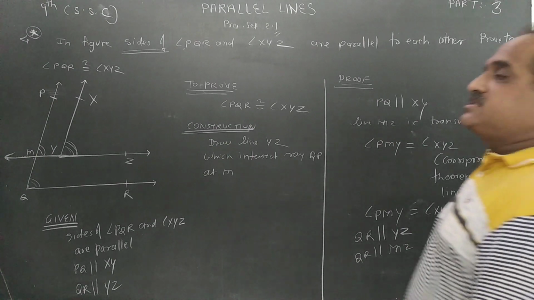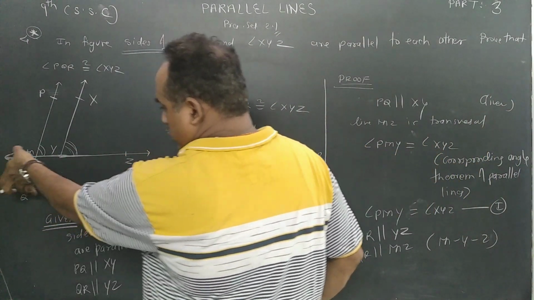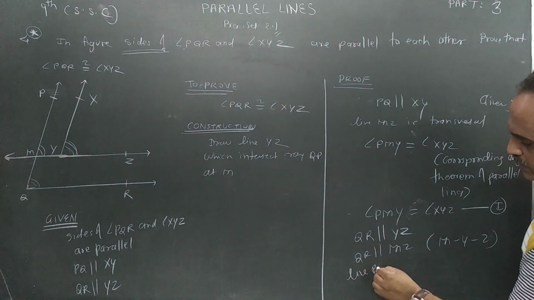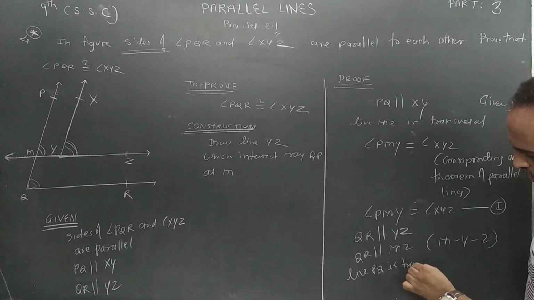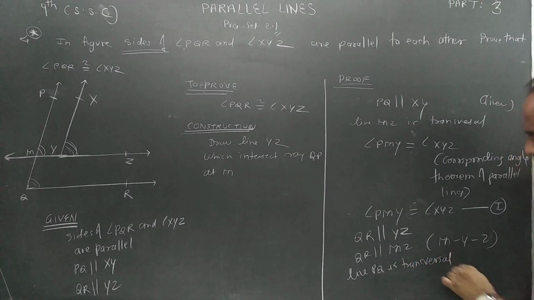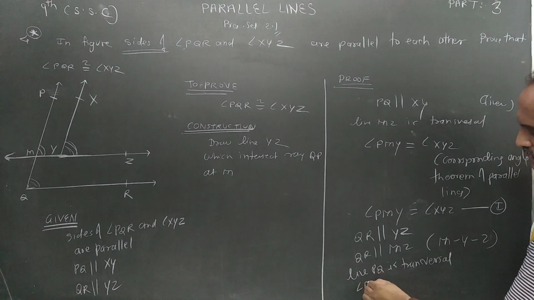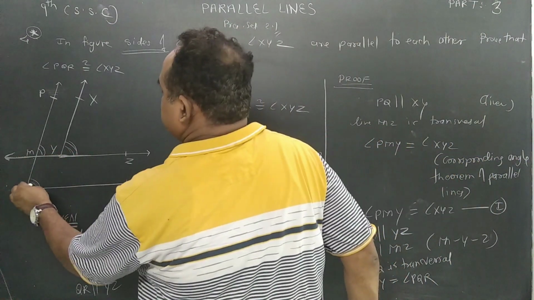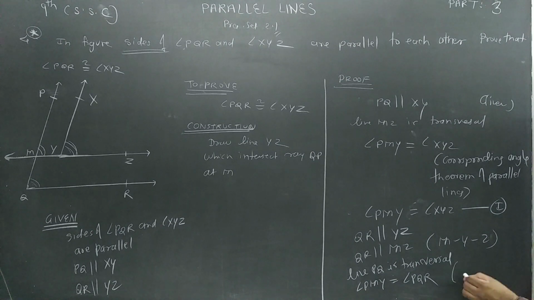Now which is the transversal we are going to take? These two are parallel and this is the transversal. Line PQ is transversal. If line PQ is transversal, I can write that angle PMY is equal to angle PQR. Why are these two congruent? This is congruent to this. Again, same reason. I will take it as equation 2, and the reason is,